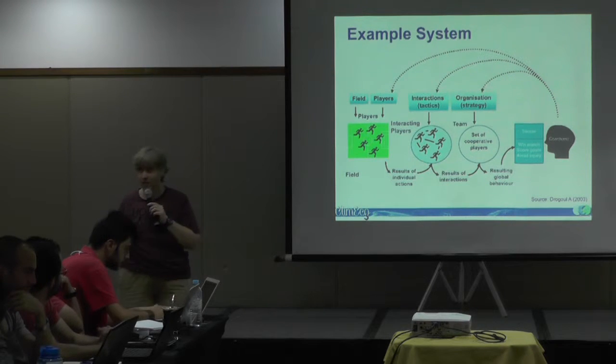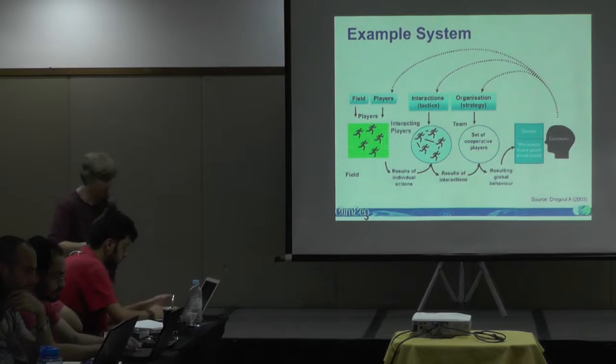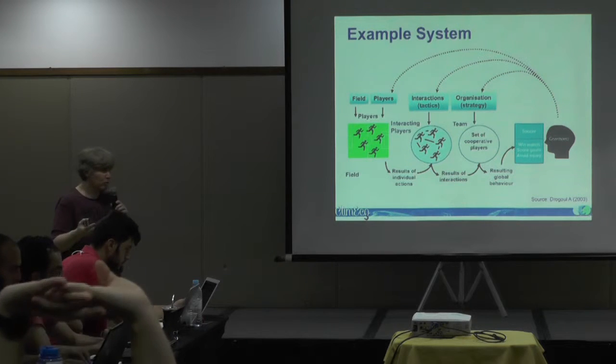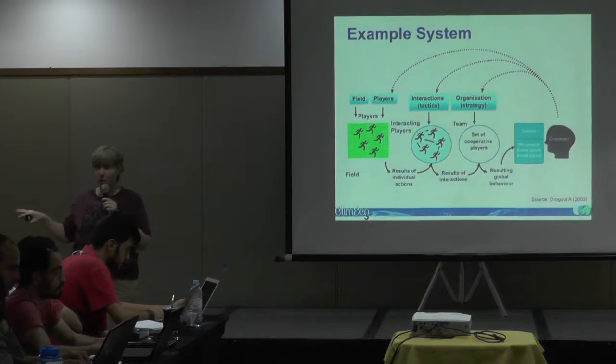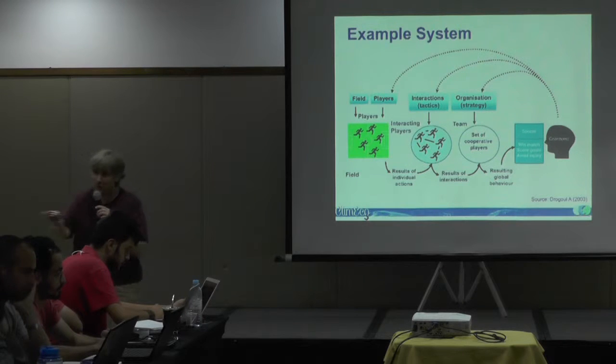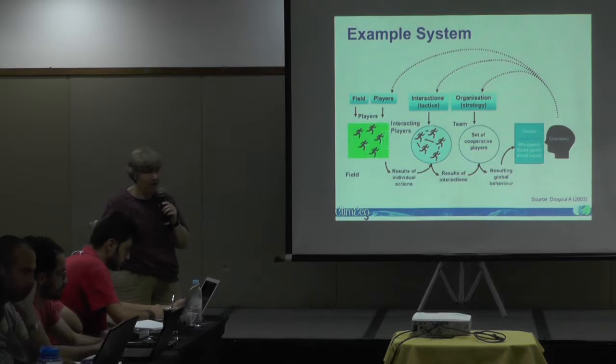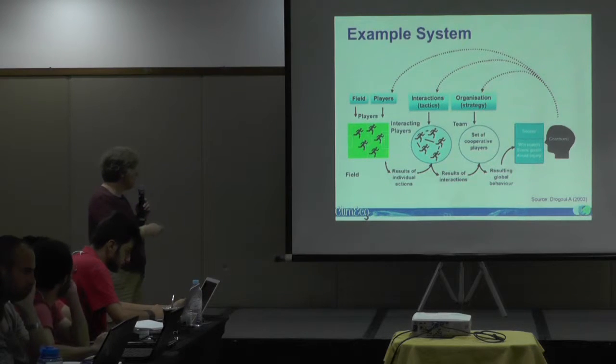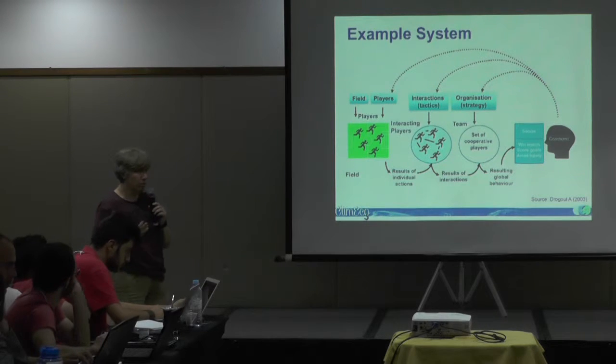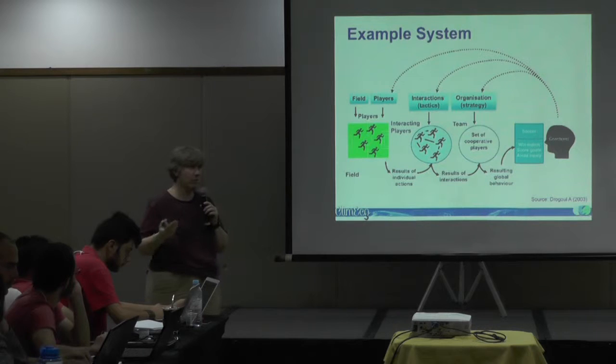It all seems a little bit abstract in this example, but not if we turn it into a soccer game. Given we're in Brazil, we'll make it a soccer game. Your environment is the field, your agents are the players, and they have some basic rules. Let's put the offside rule to the side for a moment, that's way too complicated. But if we just have some basic rules about passing the ball, like don't touch it with your hands unless you're the goalie, the players can follow those rules, they can pass the ball to each other, and what you get as an emergent property of those agent interactions is a game of soccer.